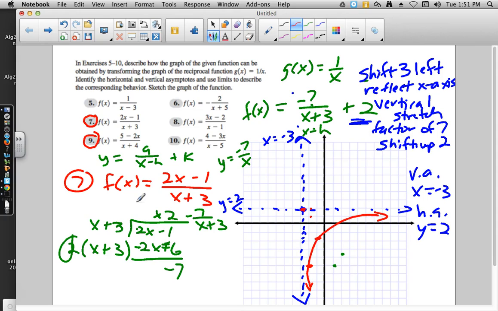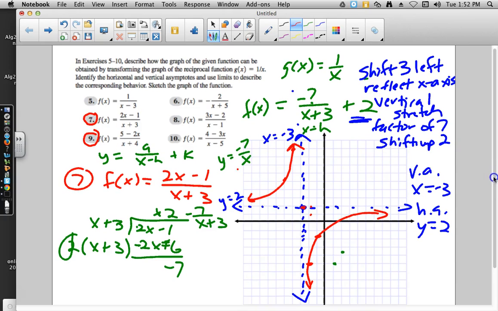So this is a branch. And then I can go over to the other side and say, okay, well, normally I'd try -1. And if I put a -1 into this, I would get 7. So I would need to go left 1 and 1, 2, 3, 4, 5, 6, 7 to get that piece. And then if I went -2, I would have 3 and a half. And there it is. So those would be some easy ways to get the branches,